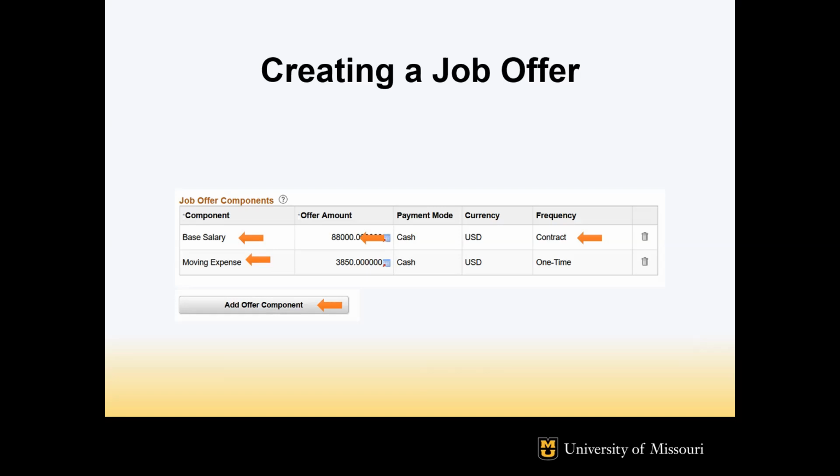If the person is an hourly paid employee, please enter the hourly rate. If the person is a 12-month faculty, please enter either the annual rate or monthly rate. Make sure to choose the corresponding frequency, either annual or monthly. I often have to send ones back that say 100,000 monthly when they actually meant annual. If the person is 9-month faculty, please enter the amount and choose contract as the frequency. That means 9-month contract.